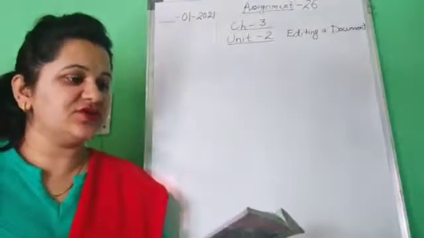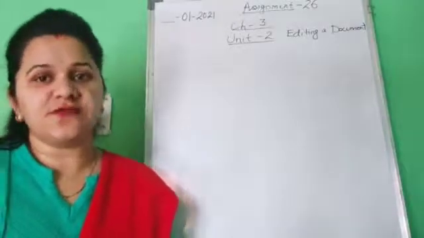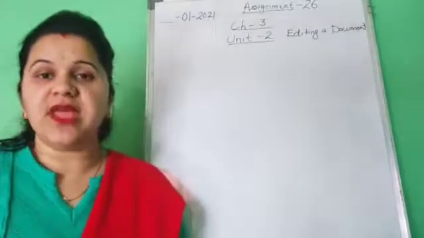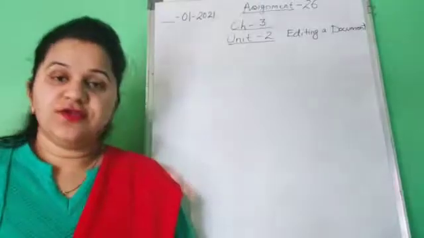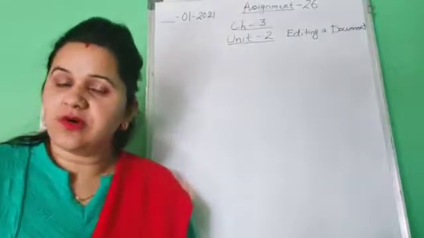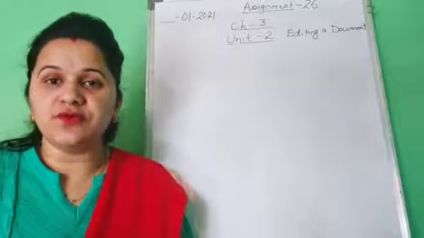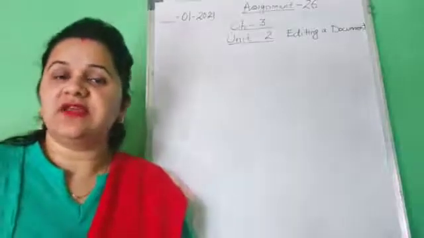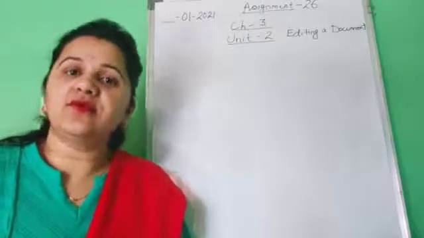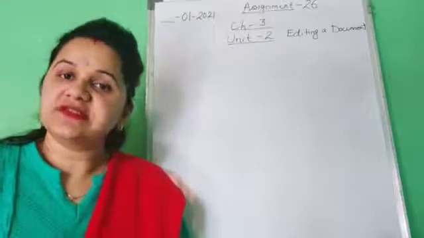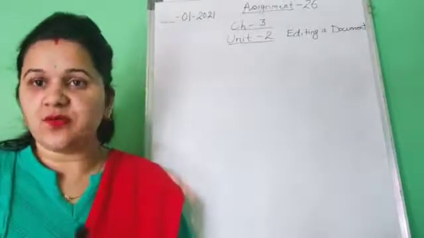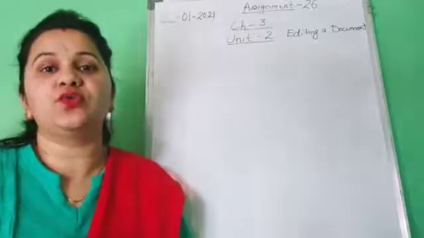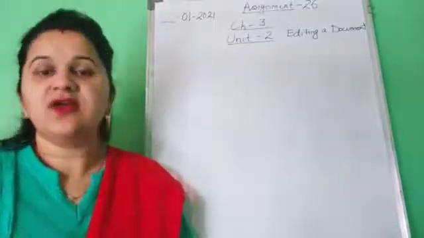So this unit 2 is on page number 53. Children, take out your book. We'll study about editing a document. Editing means you can change the appearance of, or you can review the content of your document. Suppose if there is any spelling mistake, or any grammatical mistake, then how would you come to know that there are some mistakes? So MS Word, this word processor, provides you some facilities, some tools through which you can easily find out what corrections are needed in your document.